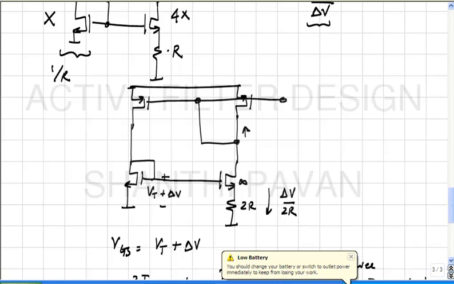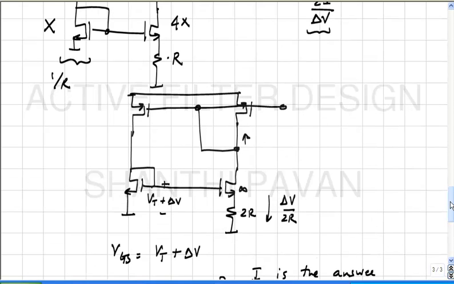Now the only problem with this circuit is that the transistor size must be infinite. But once this is there, you can now fool around with transistor sizes. A 1 to 1 ratio is not necessarily the only way to do things. If this was X, this was Mx, and this was Y, and this was Ny, you will find that this will also servo. They will not be servoing it to 1 by R, but some multiple of 1 by R, that's all. It still doesn't really matter as long as they are all proportional to 1 by R, you understand. So even though it doesn't seem very obvious that there is negative feedback, the idea is actually